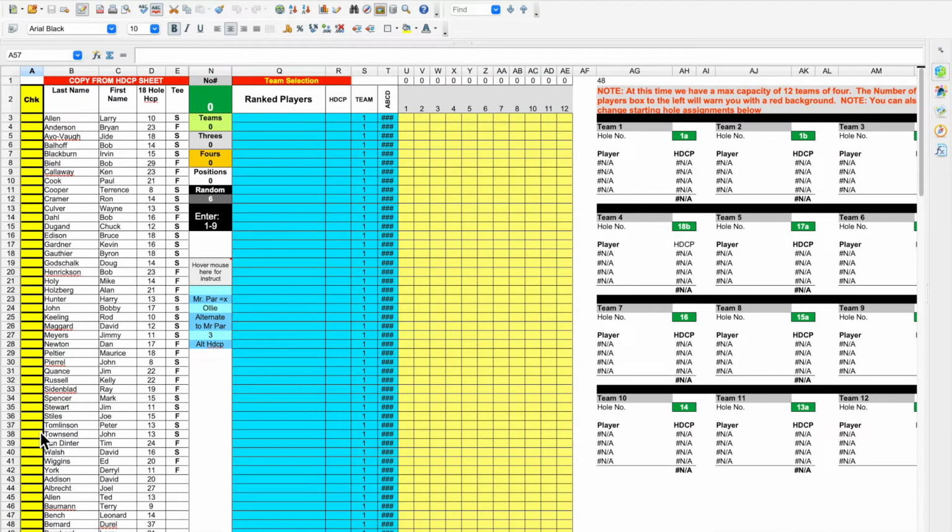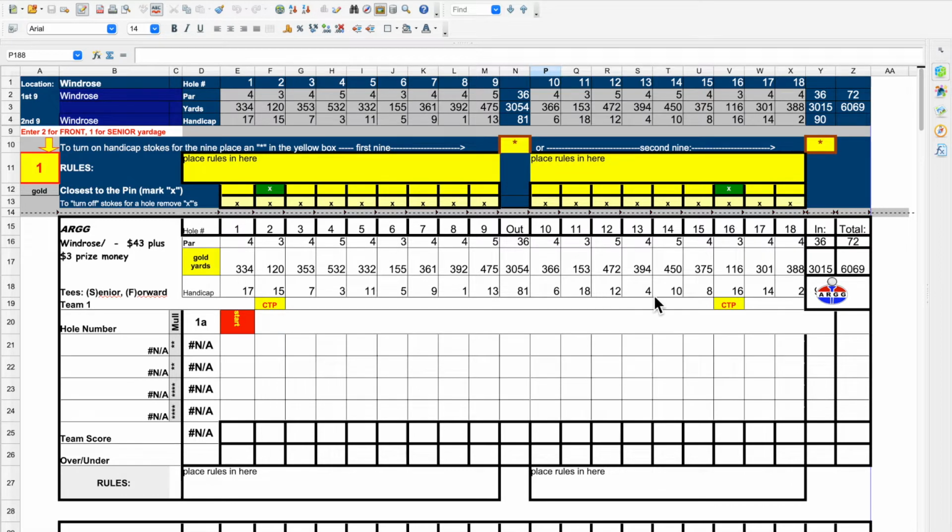If the names are not in there, you can copy and paste the names in from Harry's handicap sheet. All you need is a first name, last name, 18-hole handicap. So this is no longer a 9-hole handicap, it's 18-hole handicap. The reason we've gone to an 18-hole handicap is because if you look at scorecards and the way they are, the whole